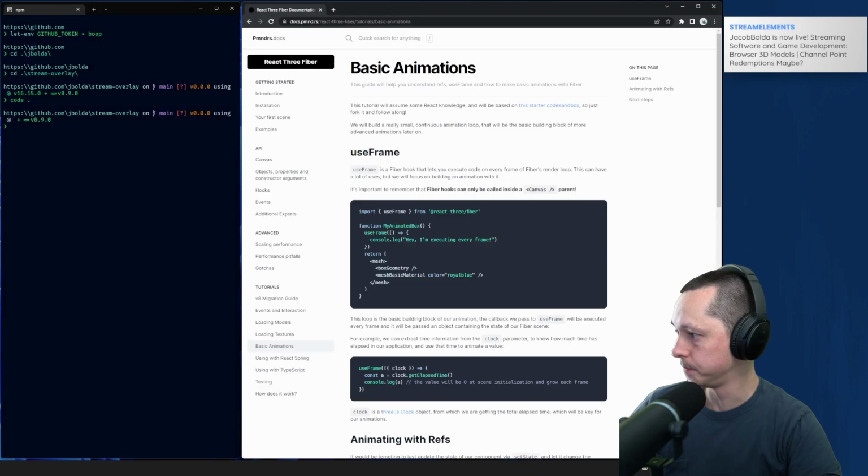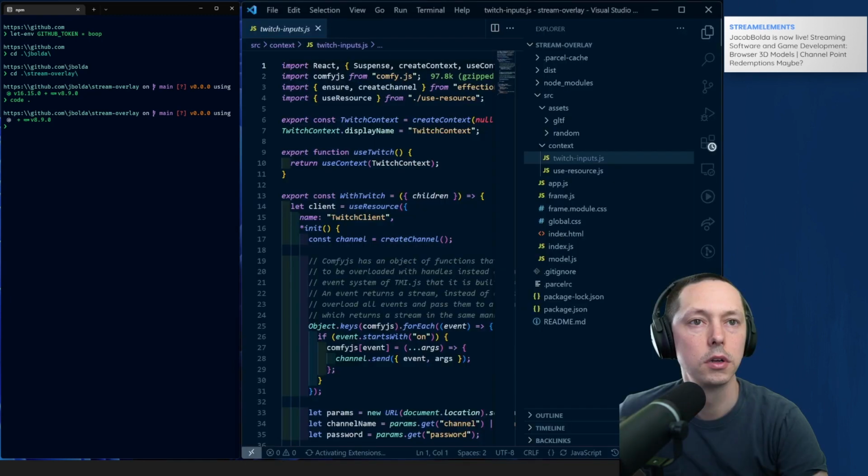And I don't think I've got the code anymore. VS Code is taking a sweet time. I gotta bump up OBS performance too. So we were using the Effection events. Come on.